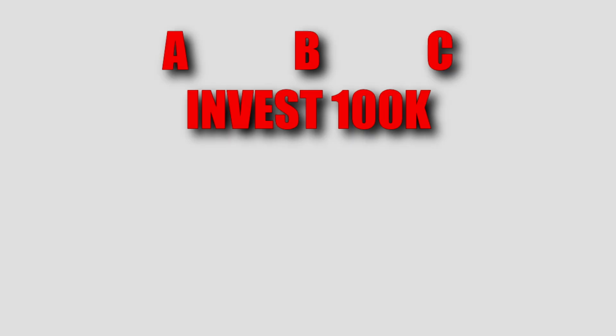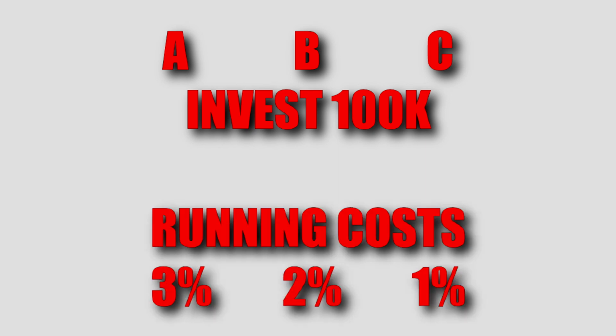So what can you do? Running costs of funds often lie between 1% and 2%. So if you manage to shave off a full percent of your running costs, you'll end up with a lot more at the end of your investment career. Now, let's assume the following. 3 brothers all invest 100,000 euros in a fund of their choosing. All funds have the same return, the only difference between them are the running costs. 3% for brother number 1, 2% for brother number 2, and 1% running cost for brother number 3. But it's only a few percentage differences, so no worries, right?